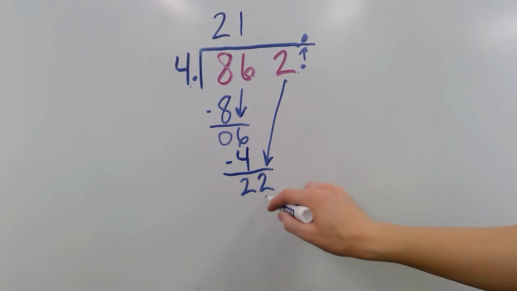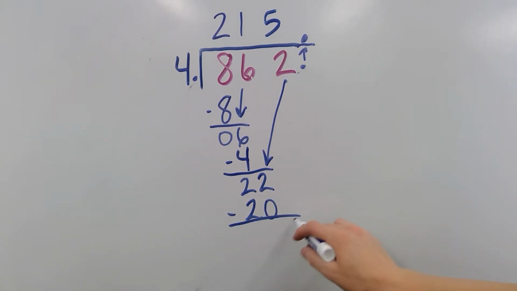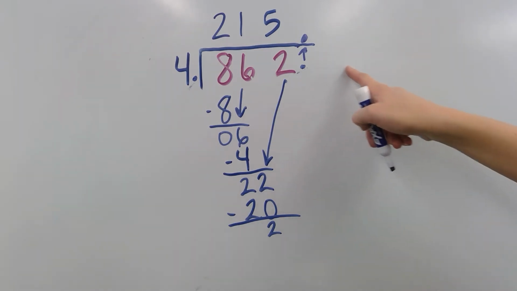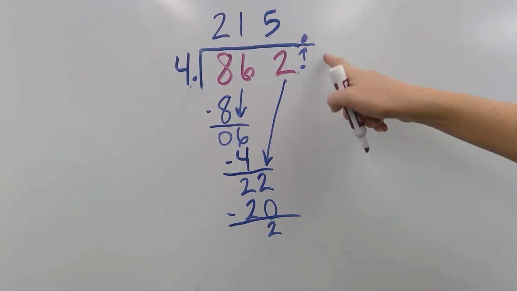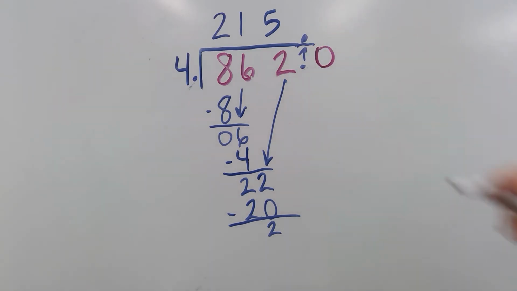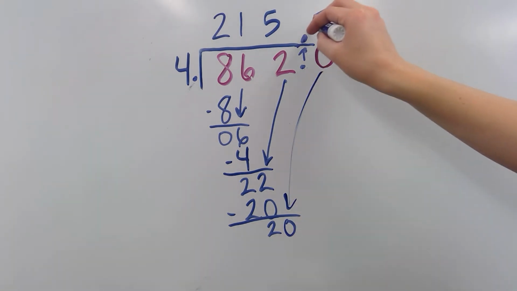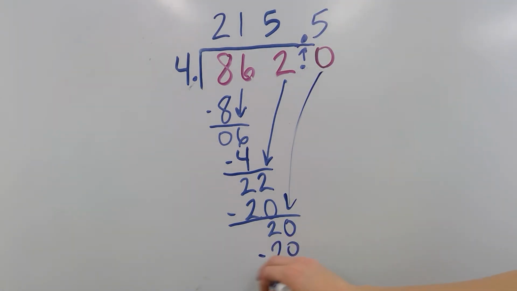Bring down the 2. 4 goes into 22 5 times, which is 20. Subtract and I get 2. Now I have a remainder. I'm not able to divide it evenly yet, so I can just bring down some of the infinity zeros that are after this decimal. I have a 2 in the ones place. Well, in the tenths place, I have nothing, which is just 0. So I can bring down that 0. 4 goes into 20 5 times. There's nothing left over, so my answer is